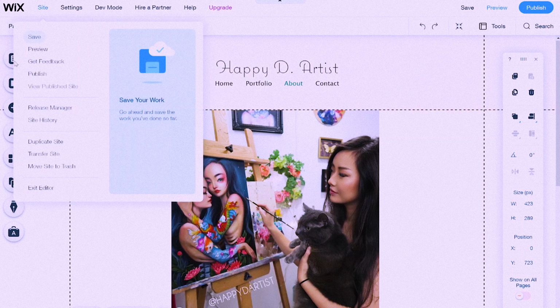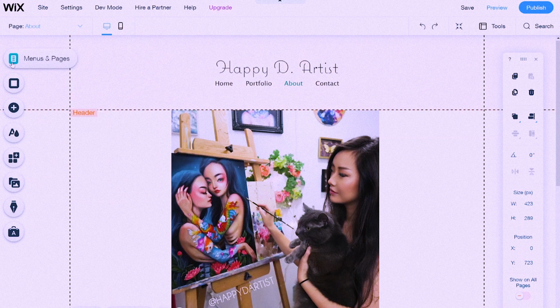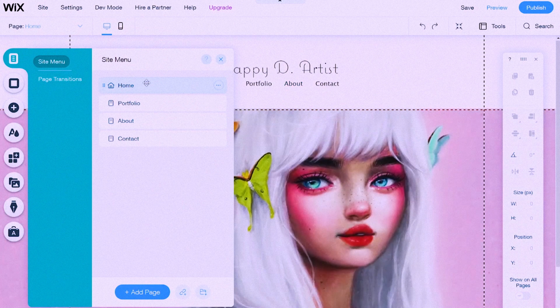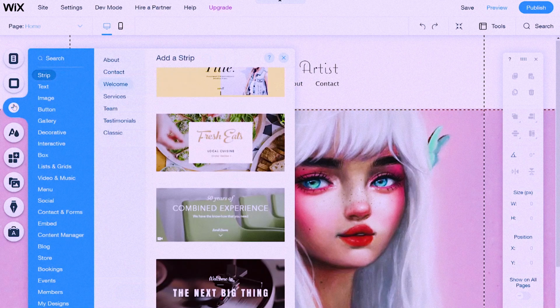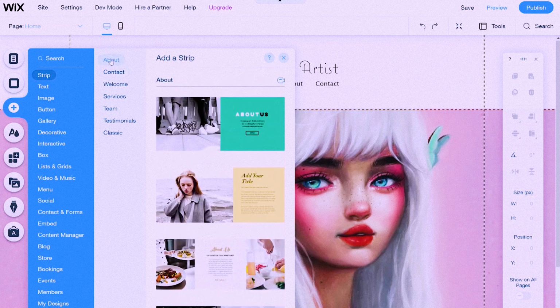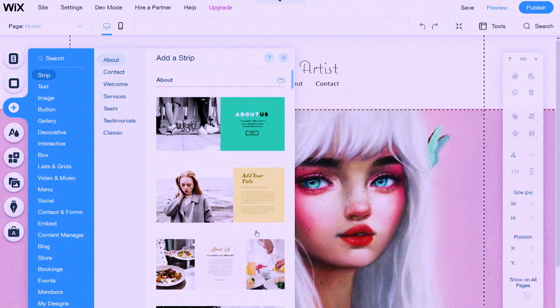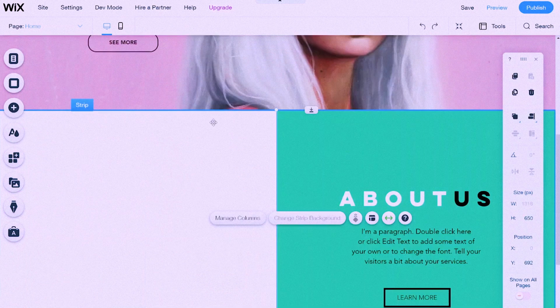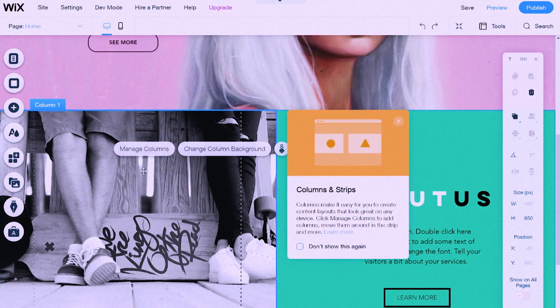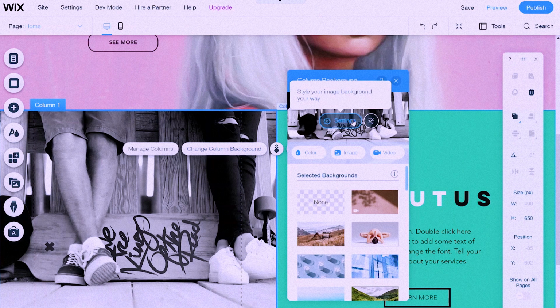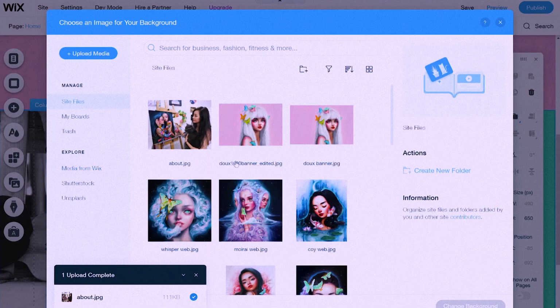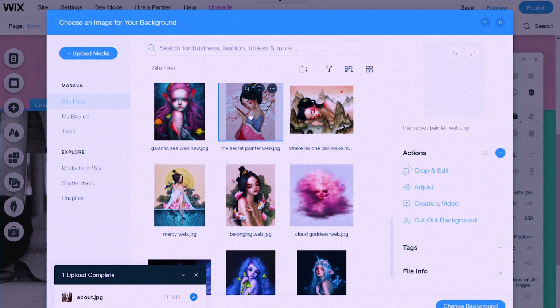After finishing the About page, it's now time to add a little preview of it into my homepage. So once again, I'm using the strip element, and I want it to look a bit visually different from the first strip that contained my portfolio. So I'll be selecting this one that has text on one side and the image on the other side. To keep the homepage look and feel consistent, I'm going to select another pink artwork for this section.